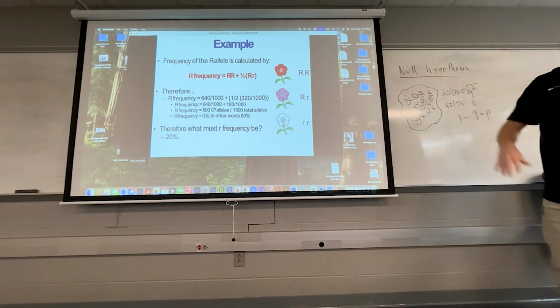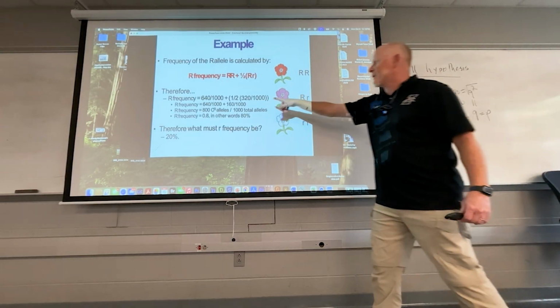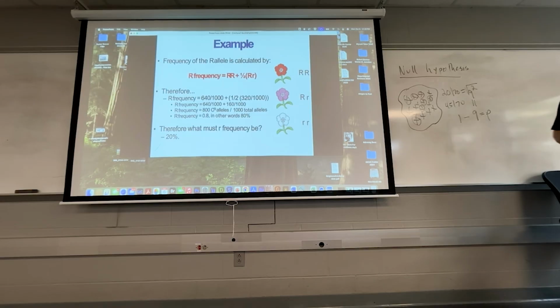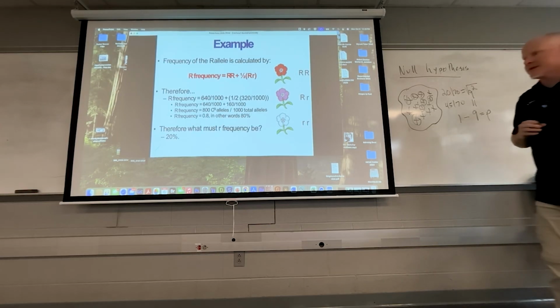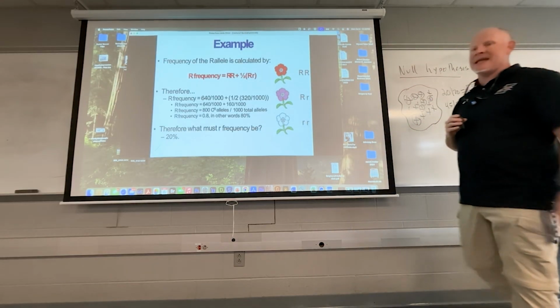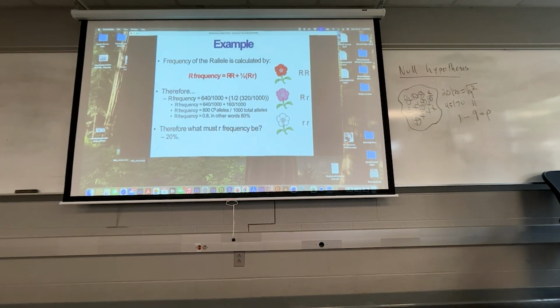We have 320 in our heterozygotes. That's 800 of the 1,000 total alleles that are big R. All right, so our allele frequency for big R in this instance is 0.8, or that's p, isn't it? So that's p,